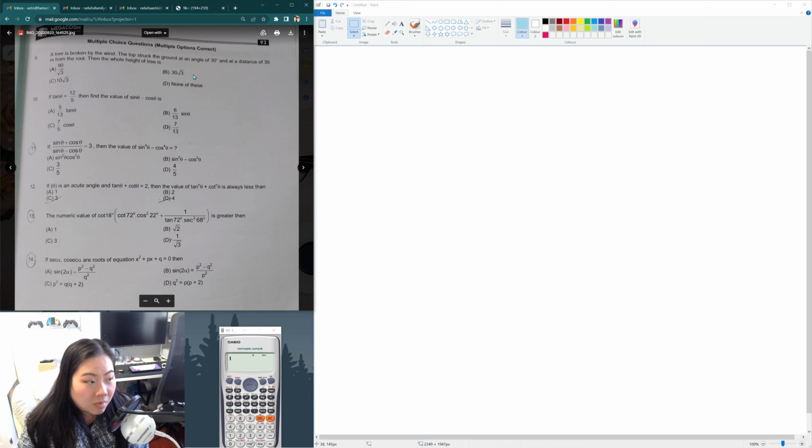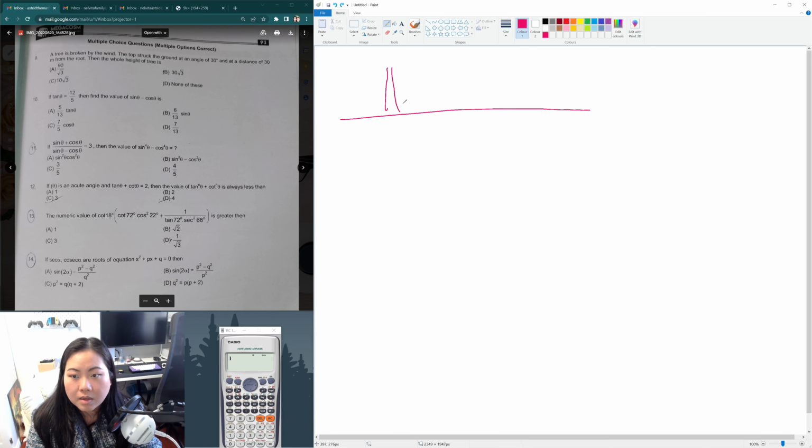Very cryptic, this question. It's so unclear, isn't it? For example, what kind of tree is it? Did it grow perpendicularly from the ground? I mean, we have to assume so many things. Let's say our tree did grow perpendicularly from the ground. So that is a 90-degree angle over there. It broke and it fell